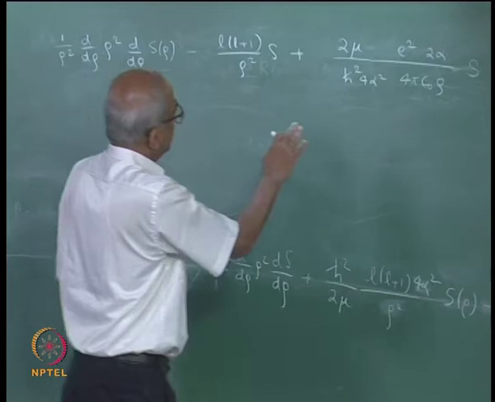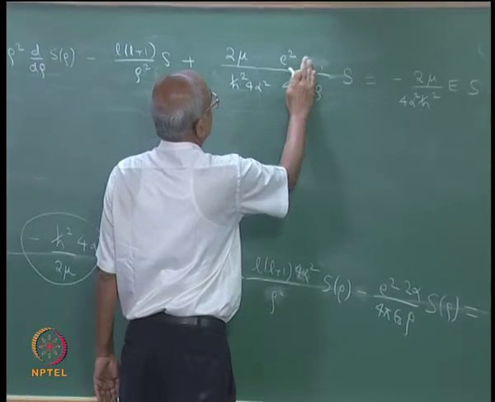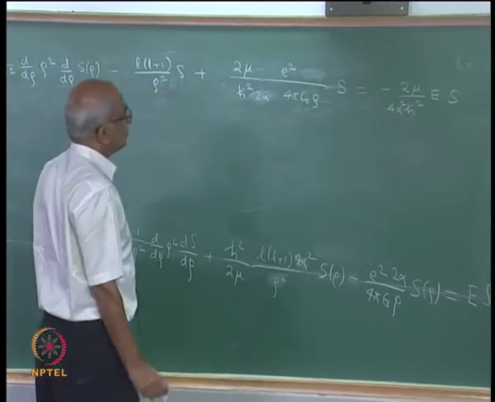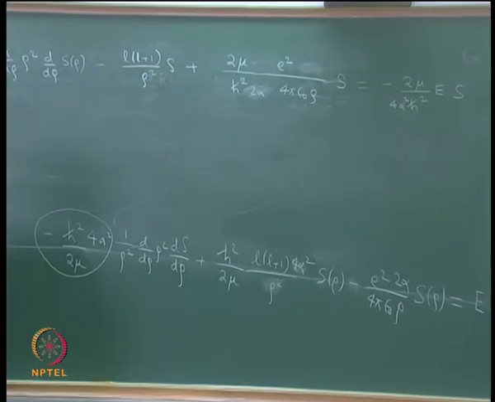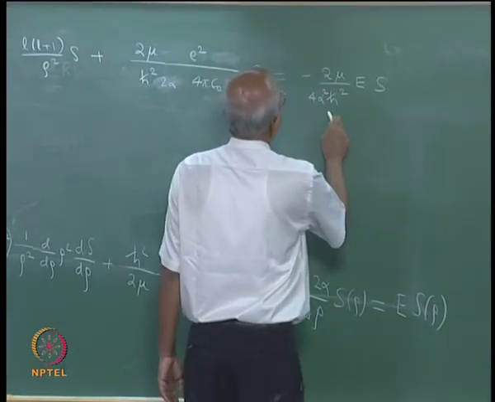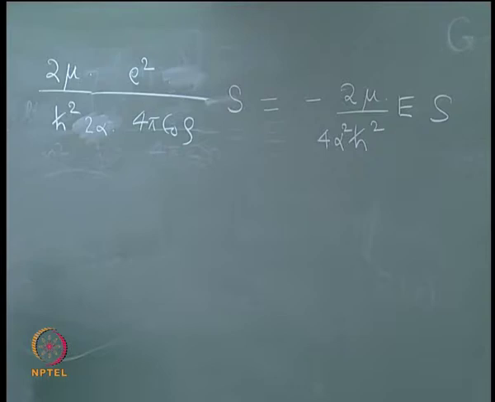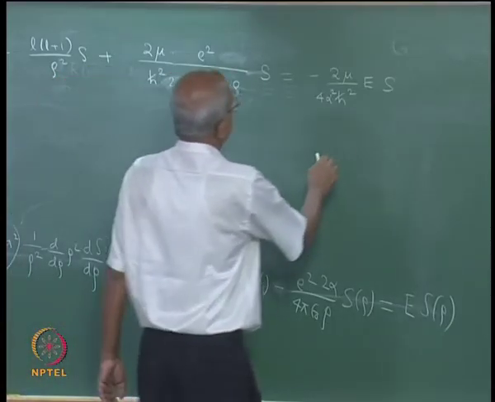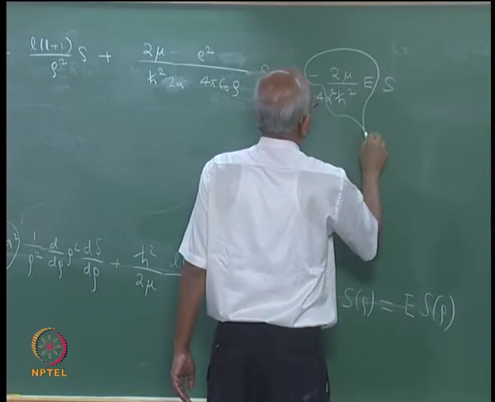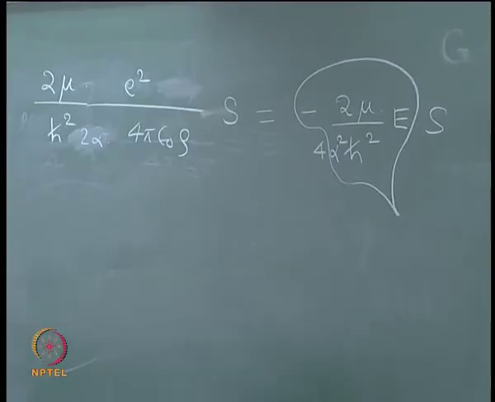I mean, there are minor simplifications that I can make. There is a 2 alpha here, there is a 4 alpha square. So, let me remove this 2 alpha and write this as 2 alpha. And what I am going to do is, there are so many things here. So, what I will do is, this number.